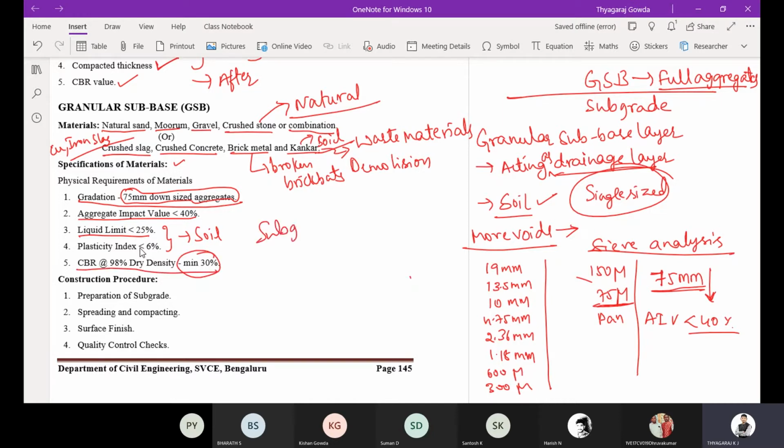For subgrade soil we have seen the minimum CBR value is 5%. Here you can observe it is 30%. So as you progress from the top to bottom layer, the strength of the material is going to increase. Okay, is it clear?